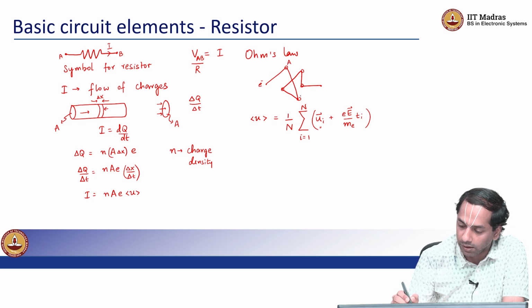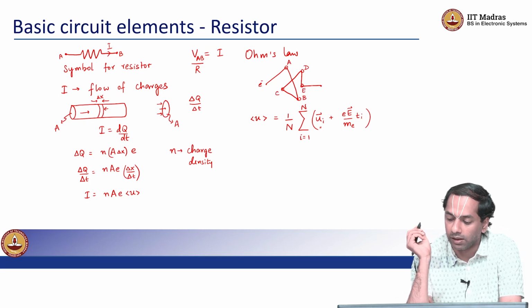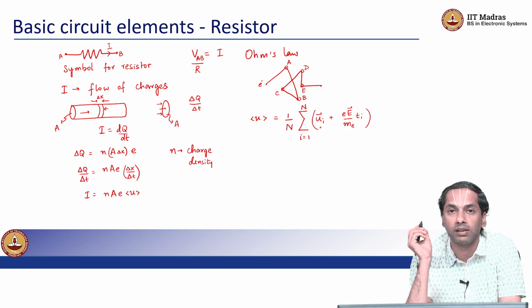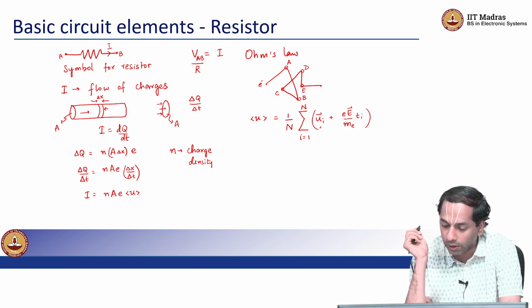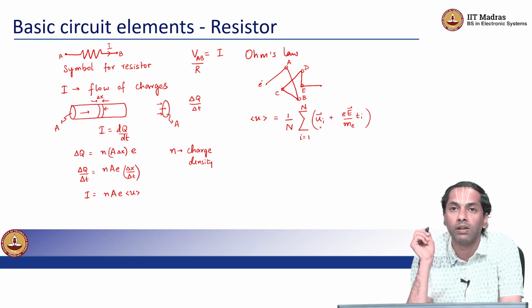So, I will indicate this path as A, B, C, D, E. So, ui is essentially the velocity at say A, B, C, D or E. So, those are the n different summation points. So, it is the starting velocity at each of A, B, C, D and E, and then added on to that would be the